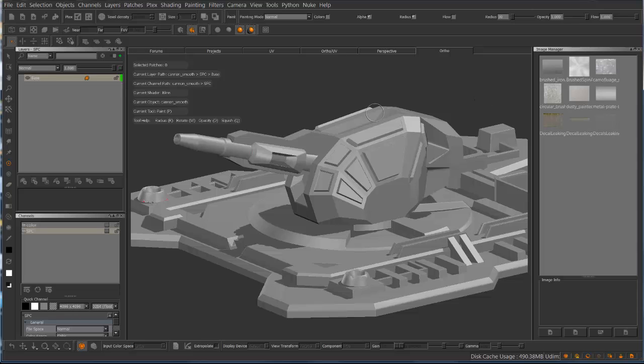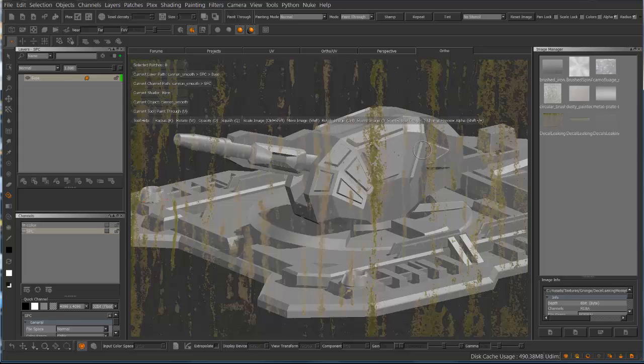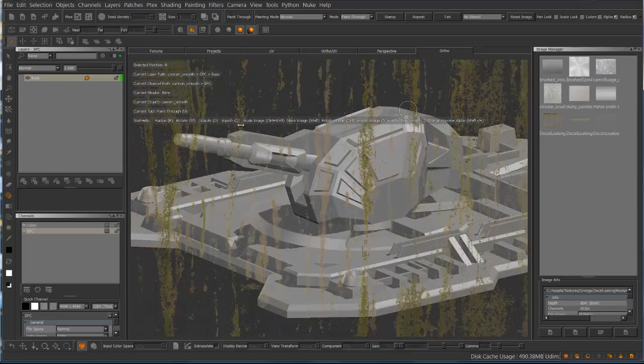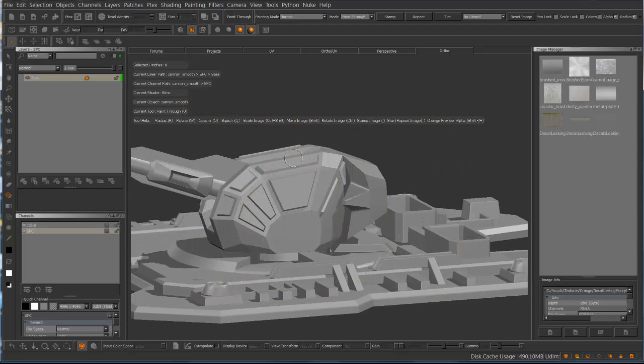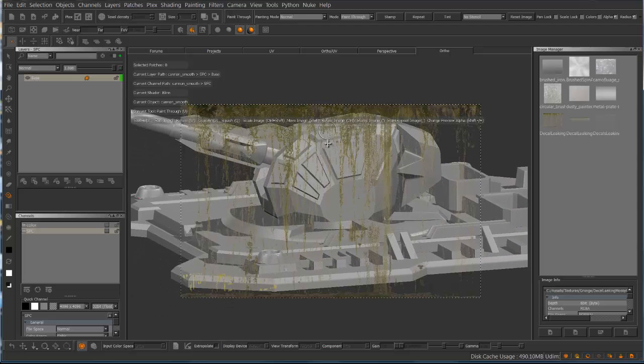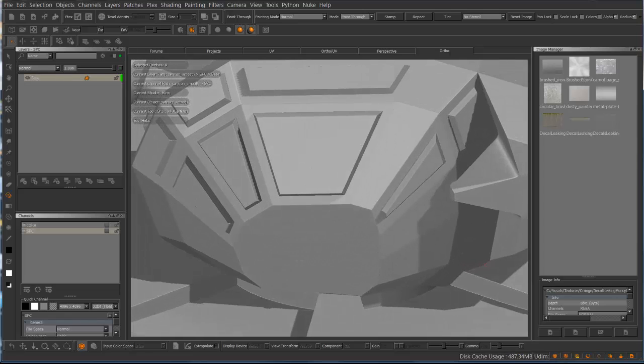Well, the first thing is to change your brush from a basic painting brush and go to the Paint Through Image onto Canvas brush. So select that, and then pick one of your textures and drag it into the canvas, and you'll see a visual representation of our texture. Now I'm going to move in a little bit tighter here,